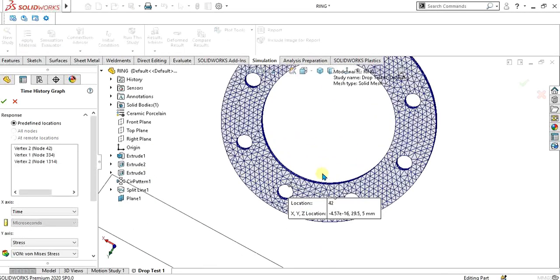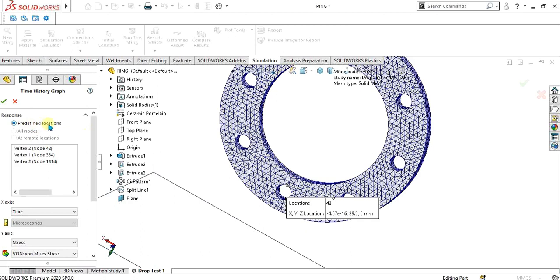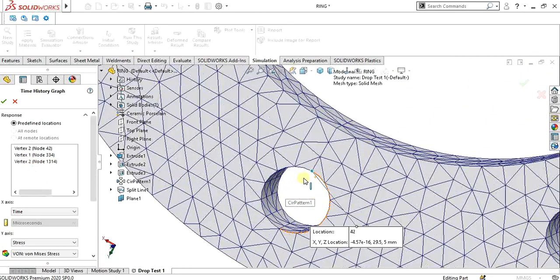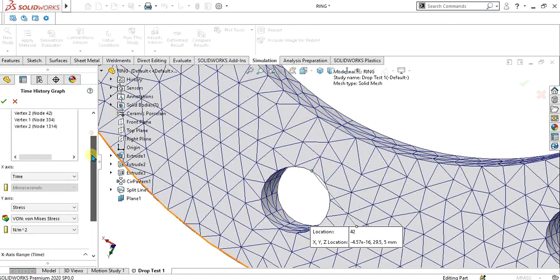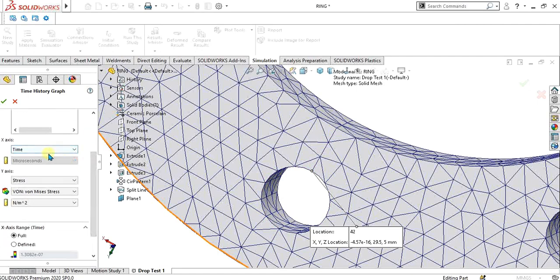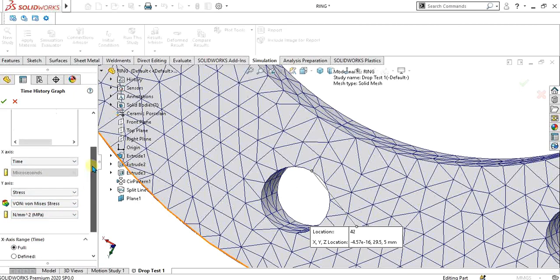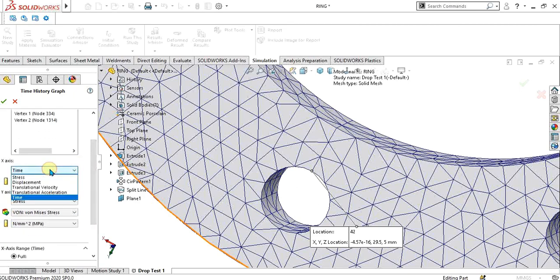Now you can see that it is showing the predefined locations, which are vertex 1 and vertex 2. We have applied the sensors here, therefore it is showing the predefined locations. Now we are going to make the graph between time and stress. Select megapascal from here and select time.